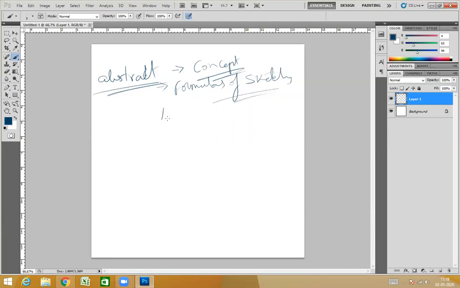It might be your lines, or your color theme, or your pattern, or your texture. So these are called the formulas of the sketching. To follow the lines, like see,